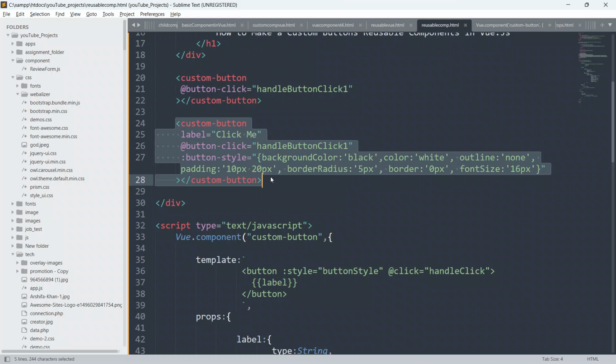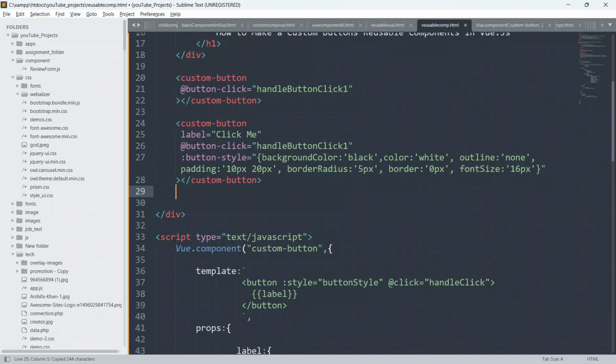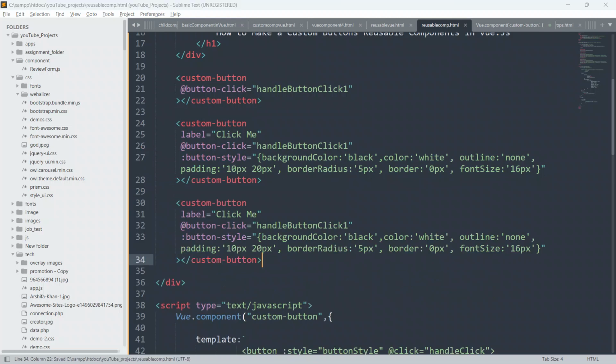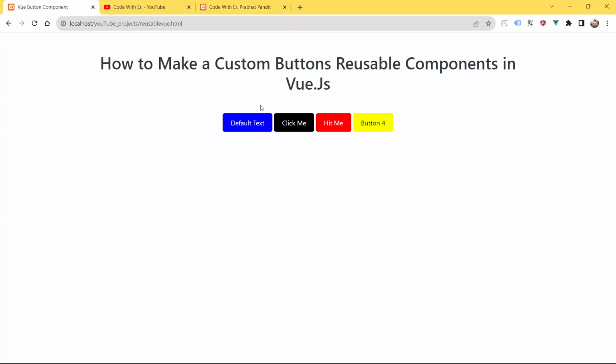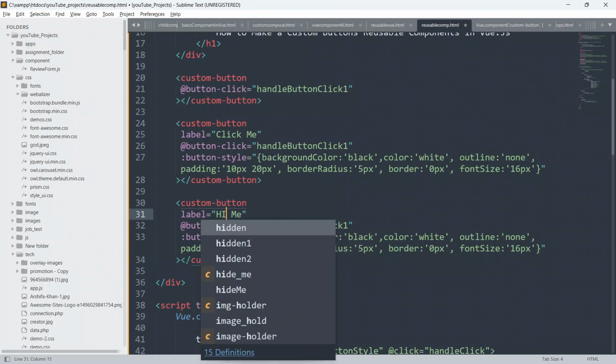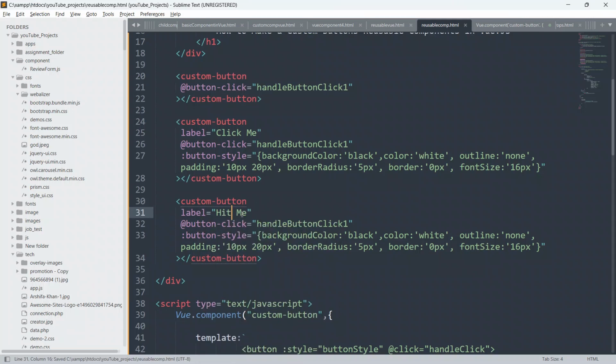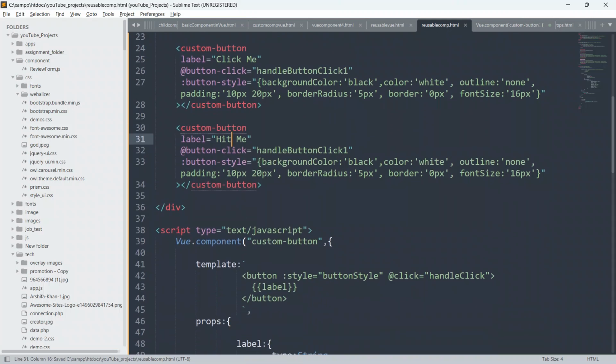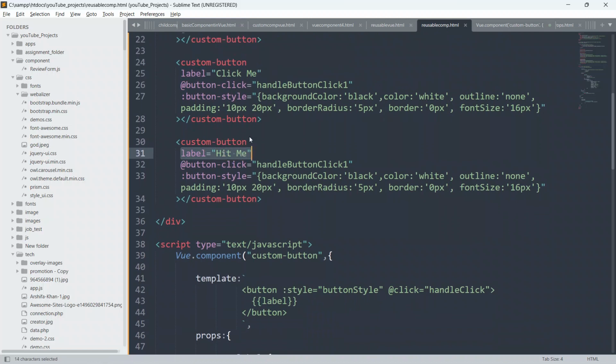Okay, so just copy this and paste it here again below this, and we will change the text also. So we will say hit me. Here also we are defining our custom label inside the parent component.